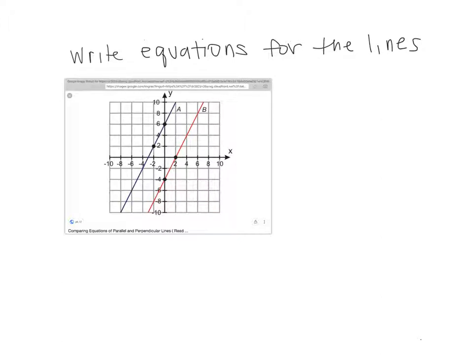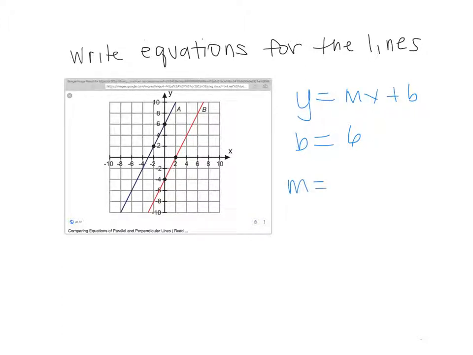Okay, we want to get an equation in the form of y equals mx plus b, where b is the y-intercept and m is the slope. So for this case, b is easy to pick out. It's that point (0, 6). So the y-intercept is 6. It's the y value that the line crosses the y-axis. So to find the slope,